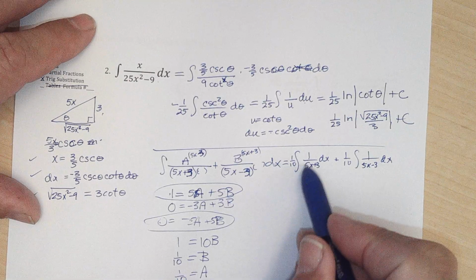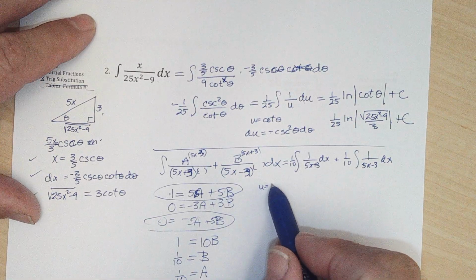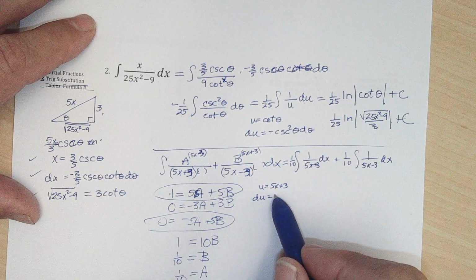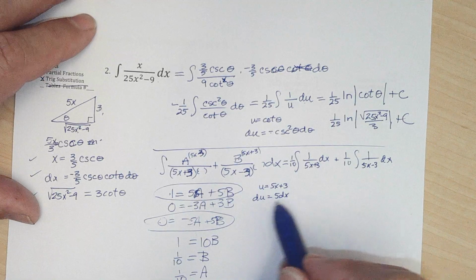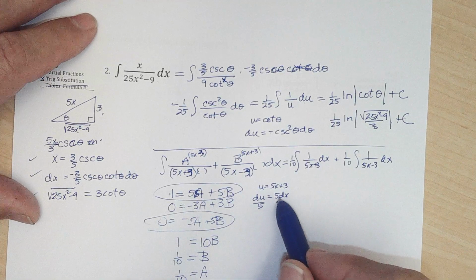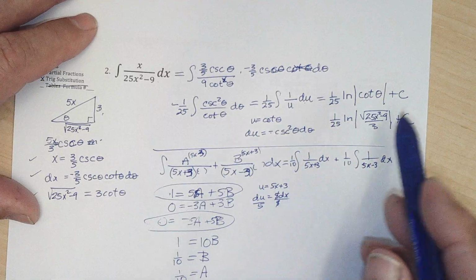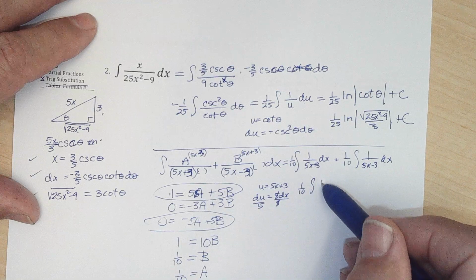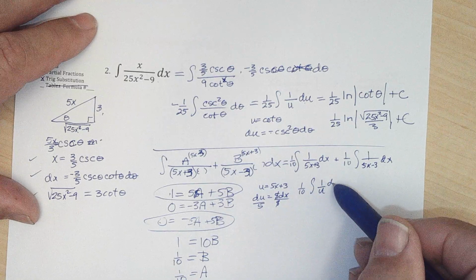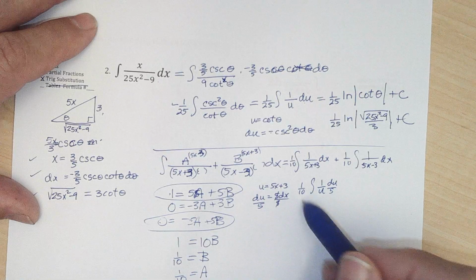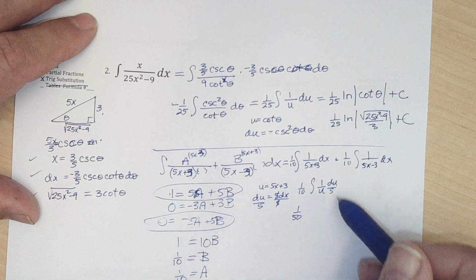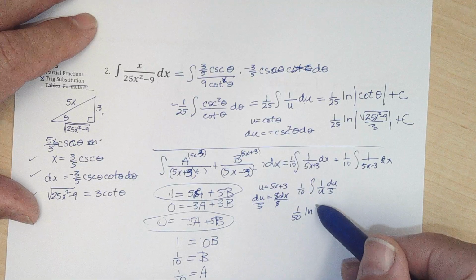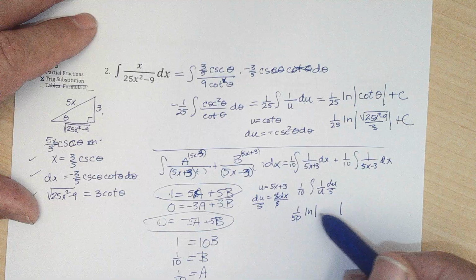And if I let u be that denominator, I get du equals 5 dx divided by 5. And this becomes 1/10, the integral of 1 over u du over 5. So I get 1/50th integral of 1 over u, which is ln of u, but u was 5x plus 3,